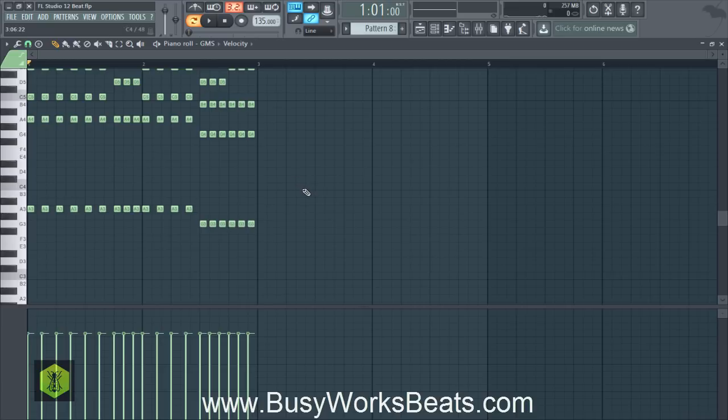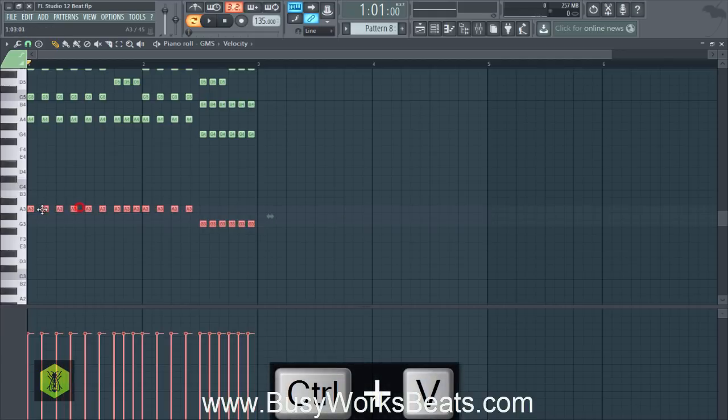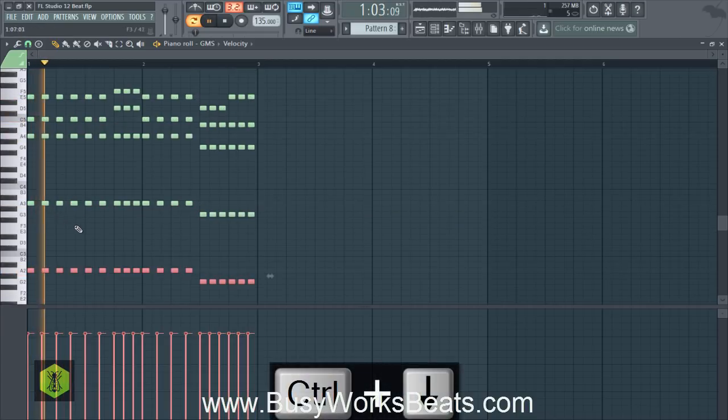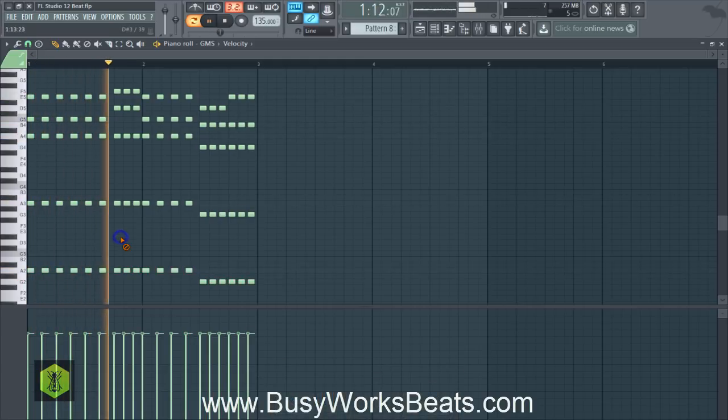Now you can do this for a whole nother octave. So what you can do is hit Control, left click and drag, hit Control C, Control V. Make sure your notes are overlapping back where they were, and then hit Control down again. So now we have a really subby bass tone. And now we're getting into that kind of house electronic music feel, okay, because the chords are so big.